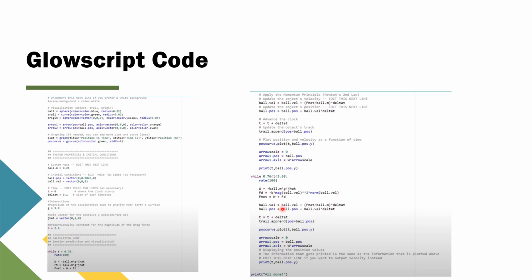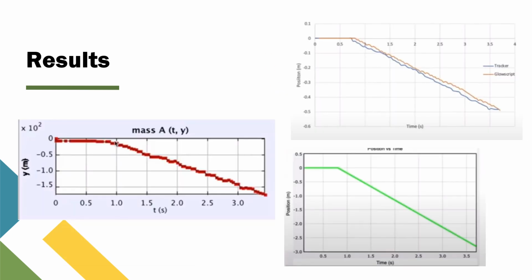Then the ball velocity is equal to the ball velocity plus F net over m times delta t. It's a little bit different here because in this situation we have a drag force. So at first we don't, and then we do. And using Tracker and GlowScript,